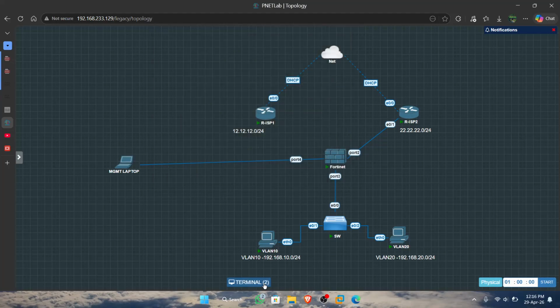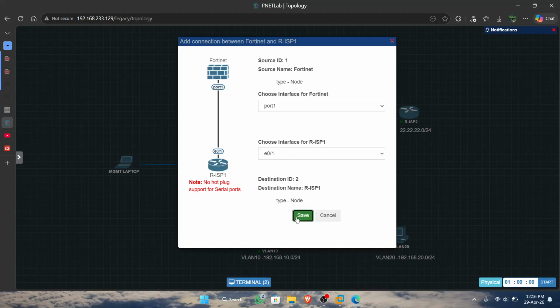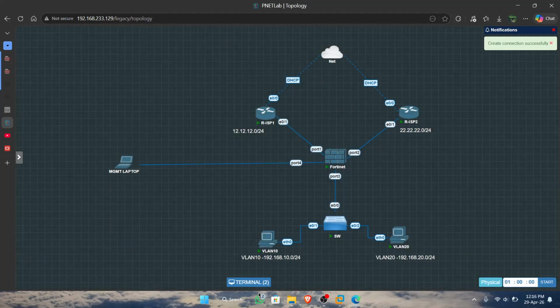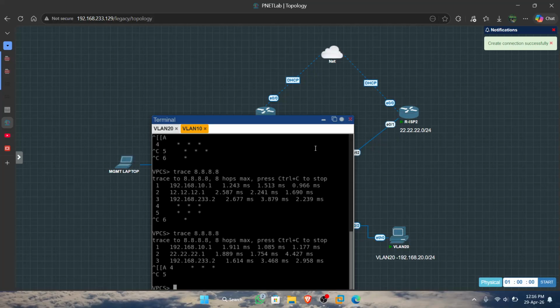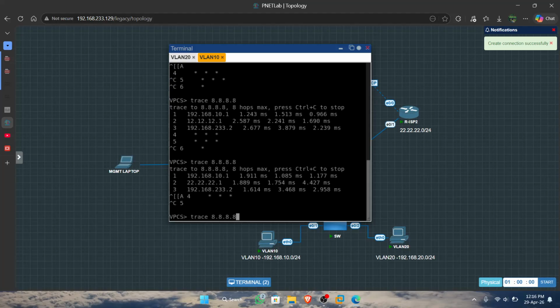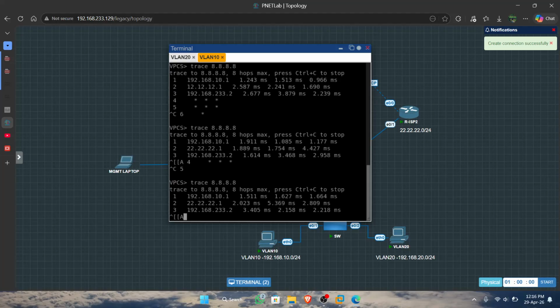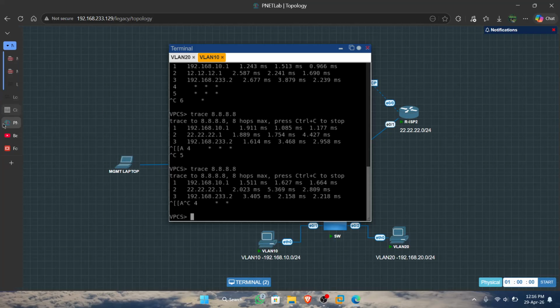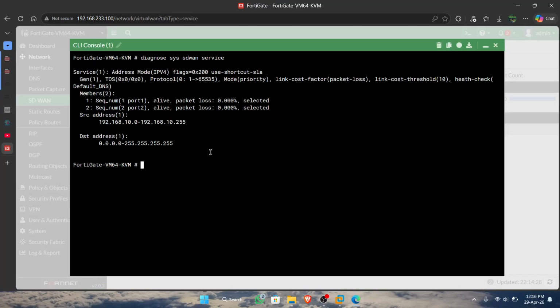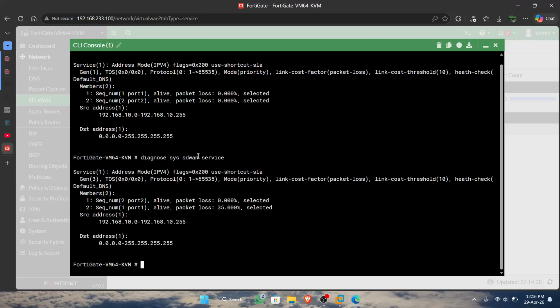So if we connect again and save, we trace it again. We can try this system.